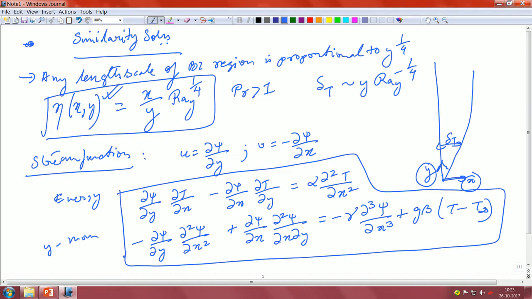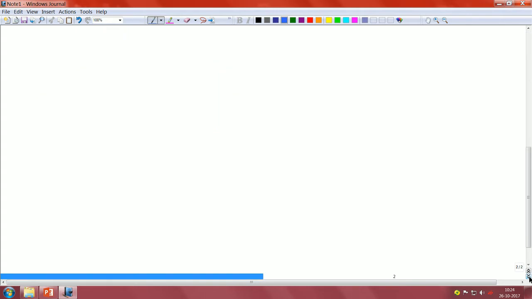This is just, there is no similarity transformation that has happened, it has been just substituted, that the u and the v profiles have been just substituted over here. Okay. Now,